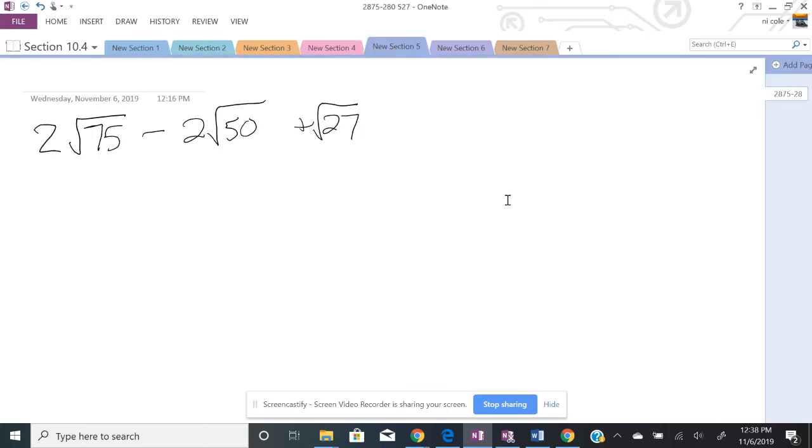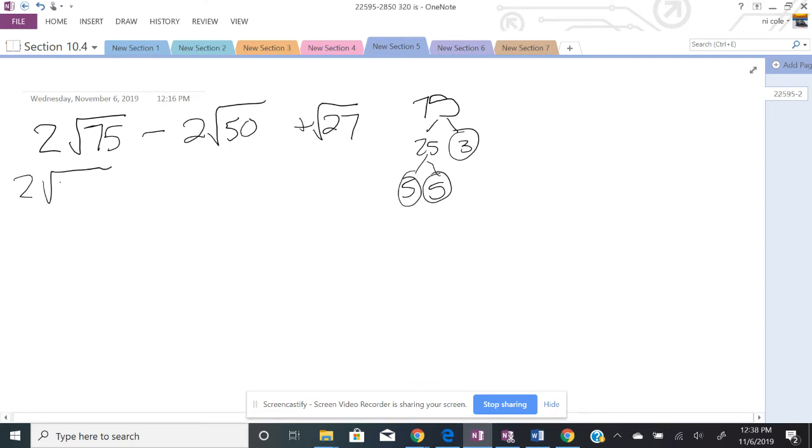What about this? Again, it's similar to the last problem, except I've got 3 numbers I've got to work with. So I've got 75. Well, I know it's 25 and 3. And I can break 25 down to 5 and 5. So now I have 2 times 3 times 5 times 5. And then I've got 50,